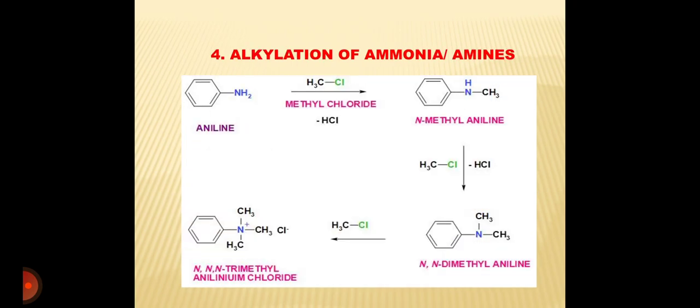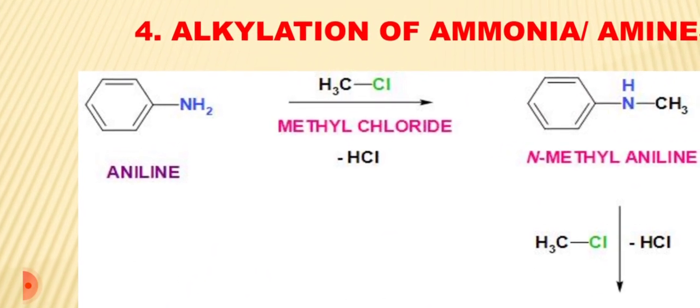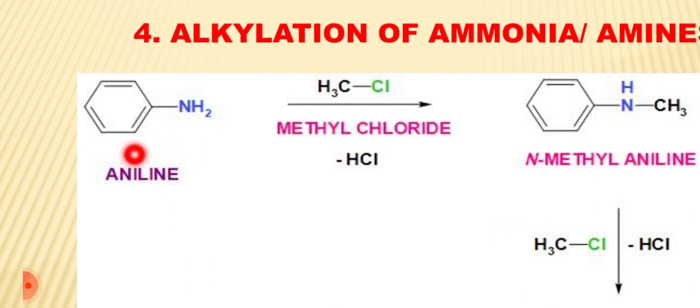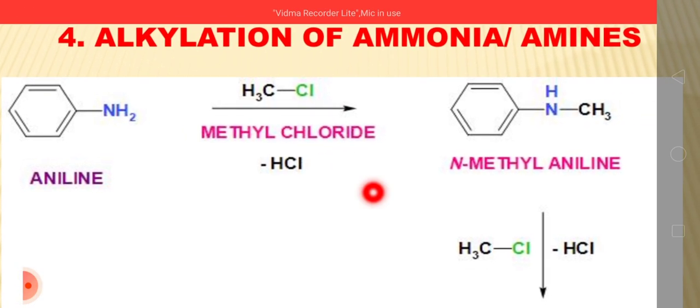Let's go for the next synthesis, that is by alkylation of ammonia or the amines. For example, when the starting material is aniline and it is treated with the alkyl halide like methyl chloride, this amino group attacks on this carbon to bring about the nucleophilic substitution reaction. There is liberation of HCl, one of the hydrogens of this amino group, and this Cl will be liberated out as HCl, and thus we get formation of